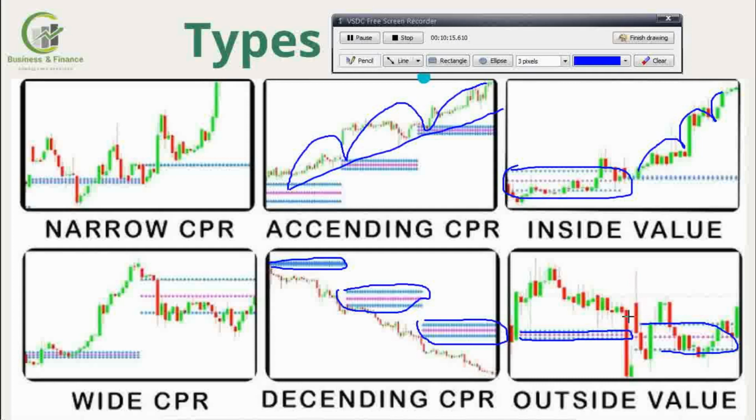Next we will be looking at how we can trade using the CPR with the closing of the previous day's session and the opening of the present day's market. So we will